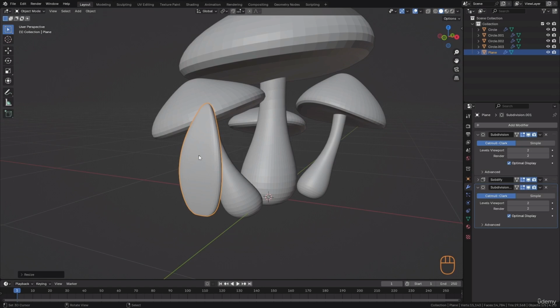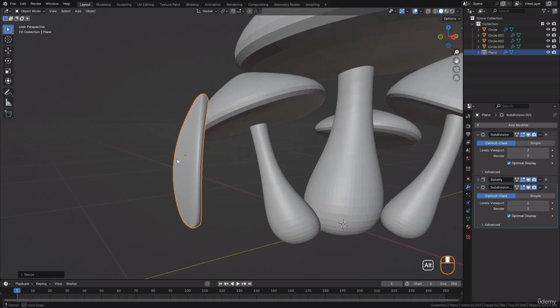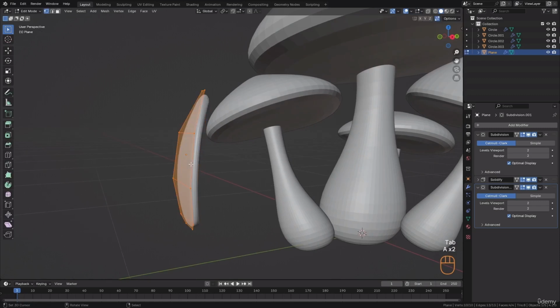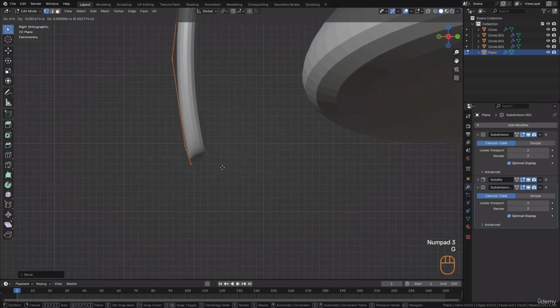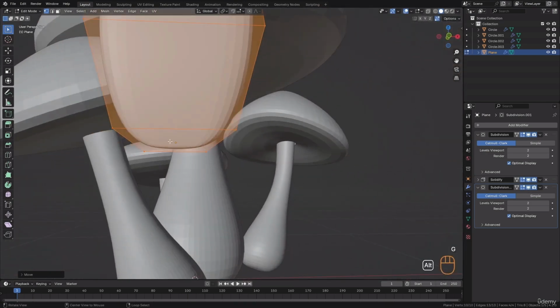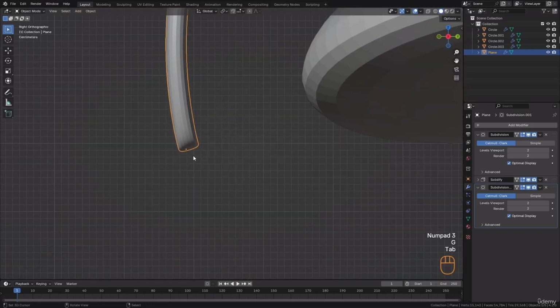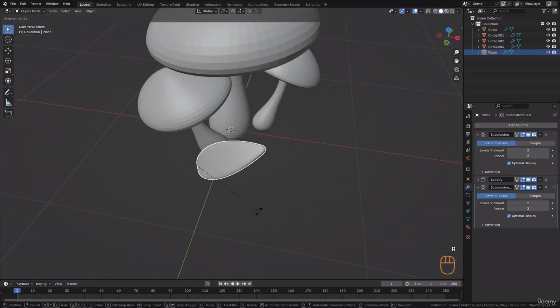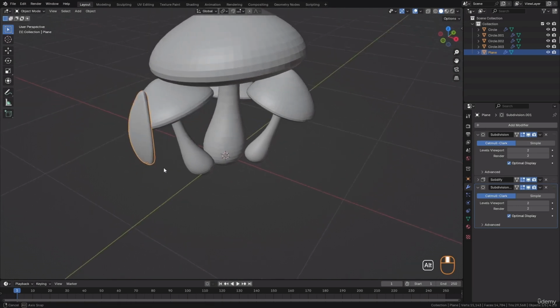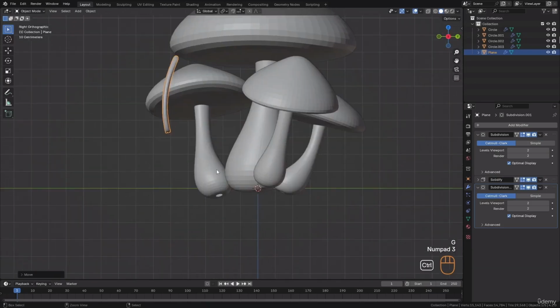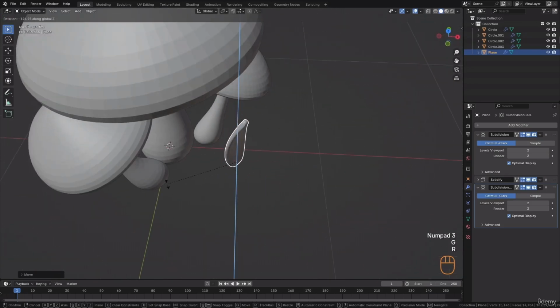As the point of origin of this leaf is here in the middle, I'm going to go into edit mode. I select everything and move it up, so that the origin point is basically at the bottom of this leaf. And so it's going to be easier to manipulate it. I rotate it with double R, for example, and I rotate it always having that point as the axis of rotation. Here I'm going to duplicate a few of these little leaves